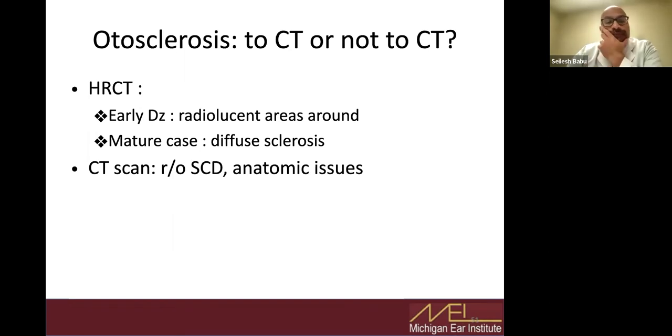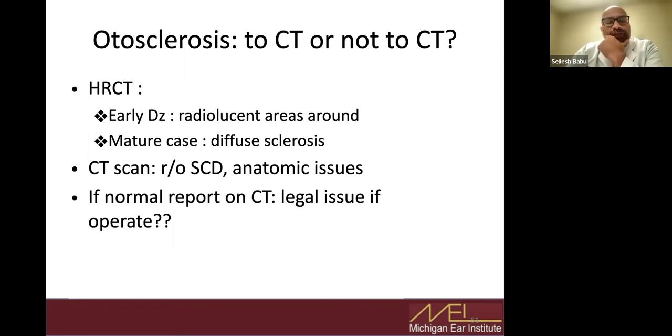scan and further imaging. There's a question, I guess, if you did a stapes surgery and the CT scan came back normal and you have a report that it's normal and you end up with a dead ear, is that a problem? Is that a medical legal issue, that someone could say, well, doctor, why do you have a normal CT scan and you still perform surgery and now you got a dead ear? I don't think it's a reason not to get it. It makes me ponder the question, we take enough risk and issues when we do stapes surgery. We're trying to do everything that's appropriate for that patient, but it still can be spun around on us sometimes